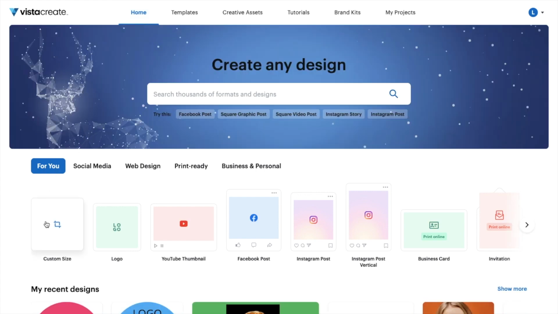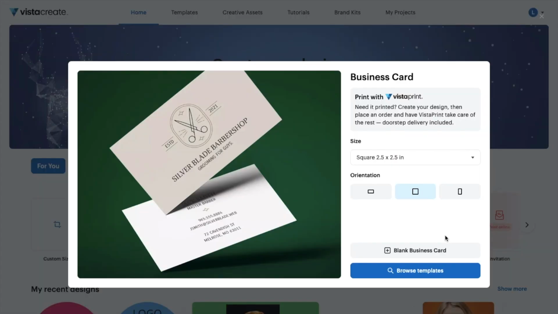press on that, then where it says custom size, slide that bar all the way to the right until you come across an option. Keep going, this is business card right here. So this will also work under business and personal, but for simplicity's sake, how about we just select business card just like this. What you can actually do is select a blank business card or also browse templates if you